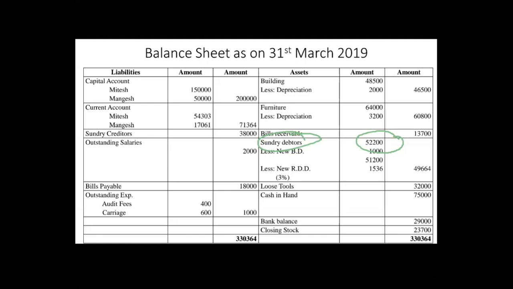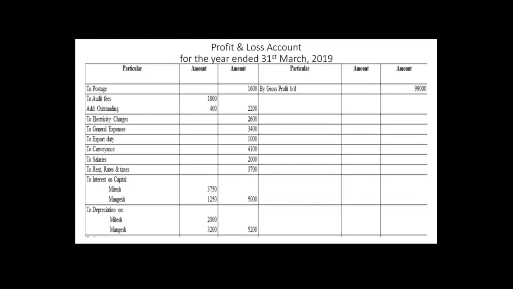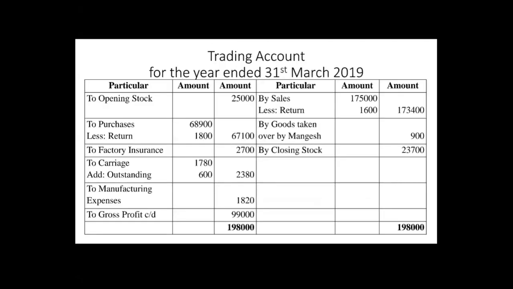Okay, now the next one is return inward. What is return inward? So return inward and return outward. Okay, you had already learned this in 11th also. Return inward means which is deducted from sales, whereas return outward means which is deducted from purchase. So this return inward is the one which you are going to deduct from sales. Okay, so sales कहाँ पे record होता है? Sales is recorded in trading account के credit side में. If you will see over here, you will get the amount of sales on the credit side.